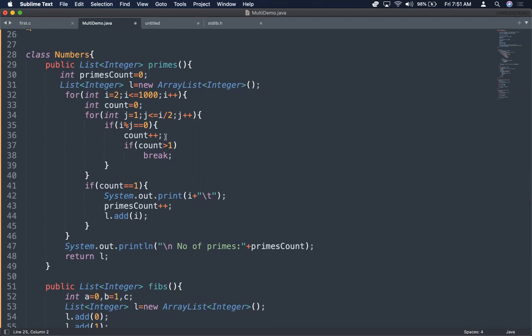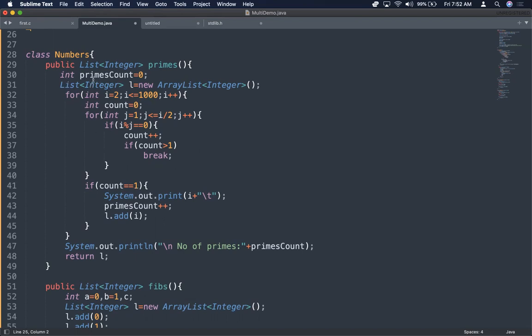Once you cross 50, you will not find a factor for 100, right? So I am using that simple logic. I am starting from 1 to half of the number, and I'm finding the factors, and if the factor is only 1, so the count equals 1, then it is a prime number. So that is the base for this logic.